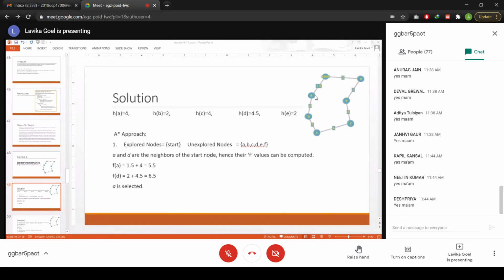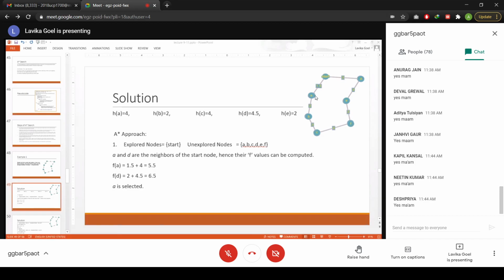And the edge costs are also given to you. If you see here, the cost of the edge from start to A is 1.5, from A to B is 2, from B to C is 3, and from C to F is 4 and so on. So basically what is this telling? It is the edge cost, right?